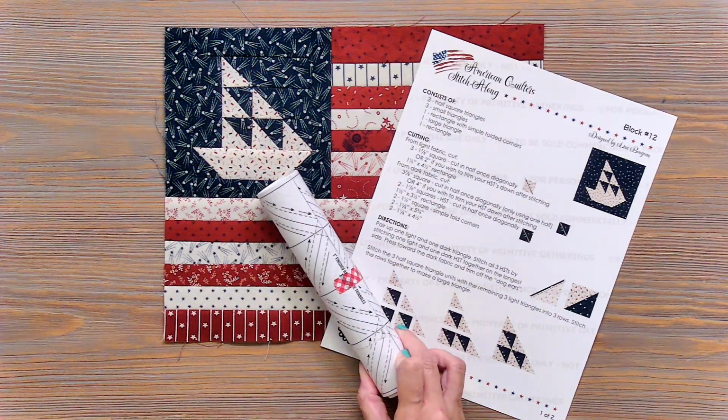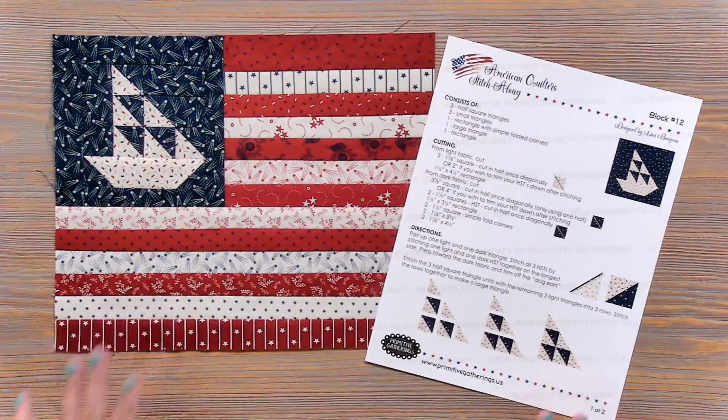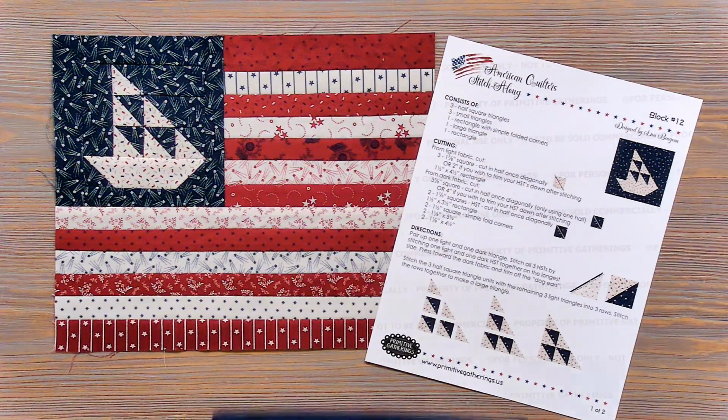So I'm always figuring out what triangle paper to use in my patterns. And what I'm doing is I'm going to have this assembled. So the reason you're not going to see it in the next couple of weeks is I am going to go ahead and assemble this quilt so that it's ready, because it's actually going to be a Christmas gift for somebody. So for the background, I'm going to be using